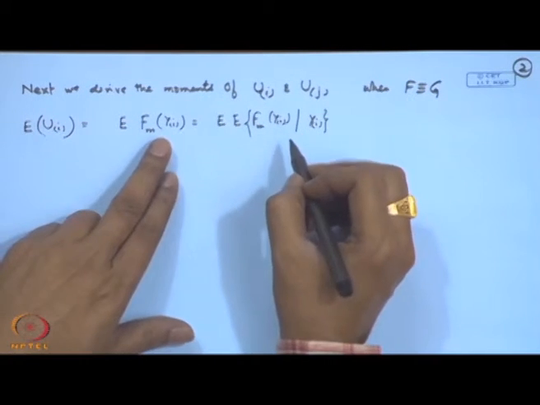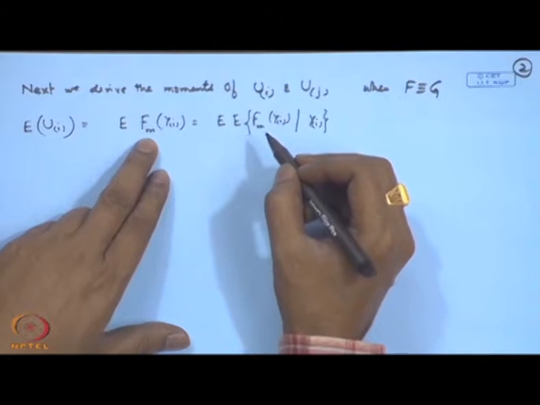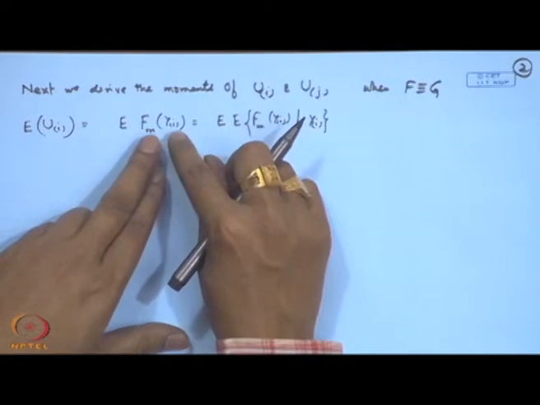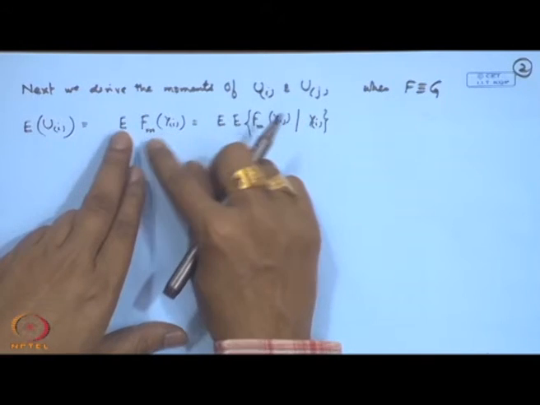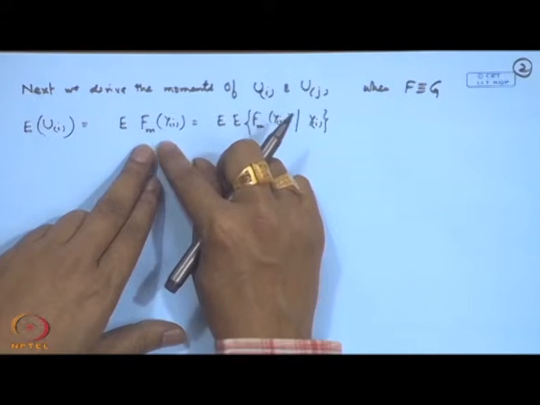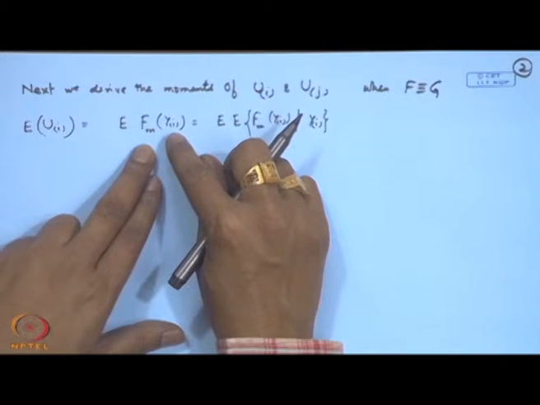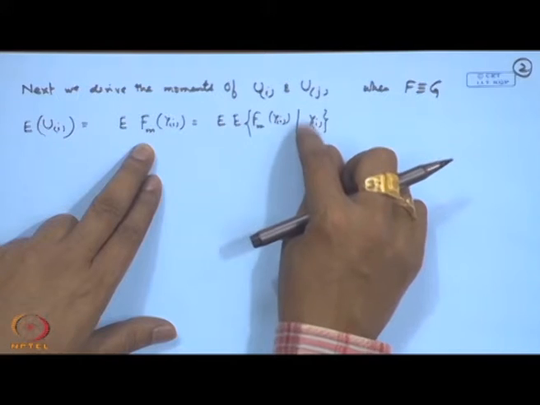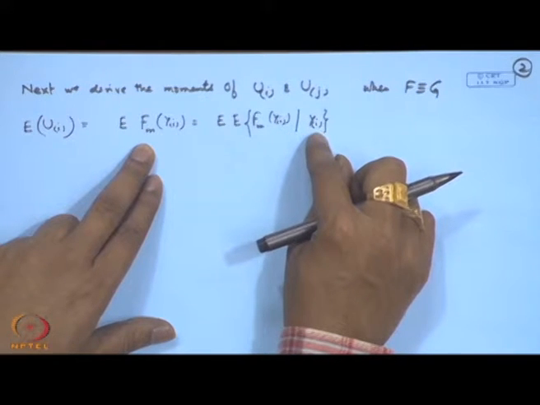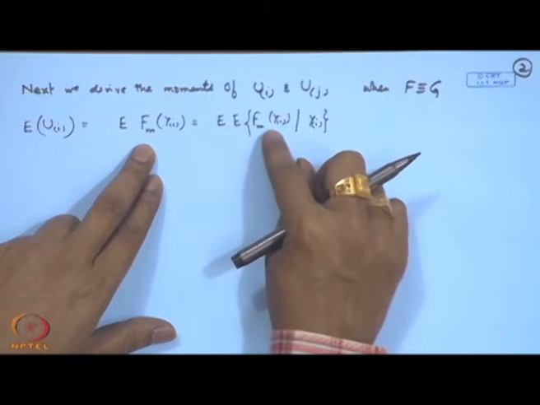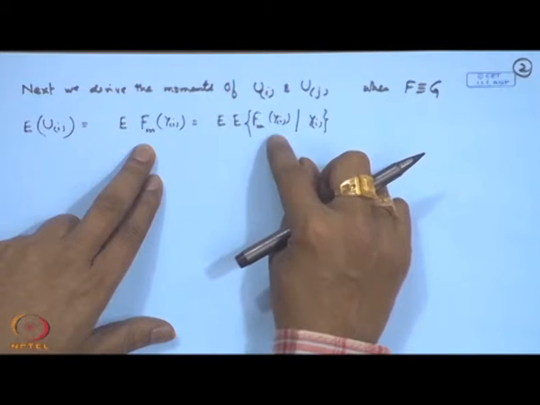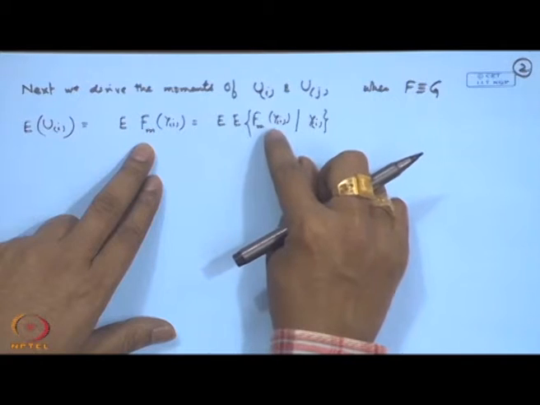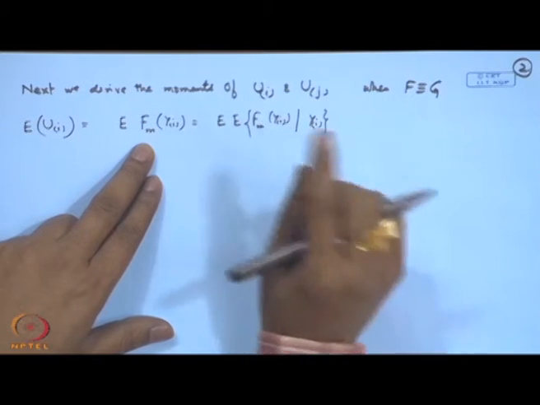So, what we are doing here is that the first sample and the second sample are both involved. So, expectation means the expectation with respect to both the distributions of f and g. So, we do it iteratively. We first condition on Y_i. When we condition on Y_i, it becomes the expectation with respect to the X sample, and after that we will do the second one.